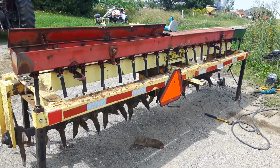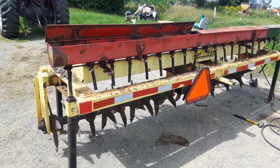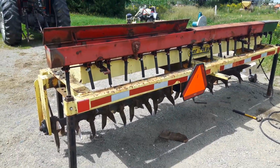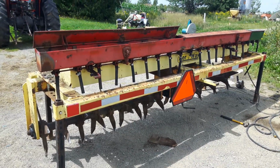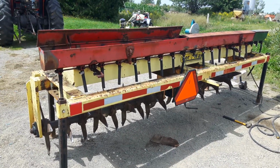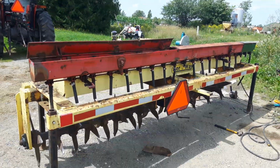So anyways, it's coming along. Today I'll get the hydraulic motor. I've got a machine here I have to take the motor and flow control off of, build some brackets and do some drilling, and it'll get together hopefully the next day or so. So anyways,